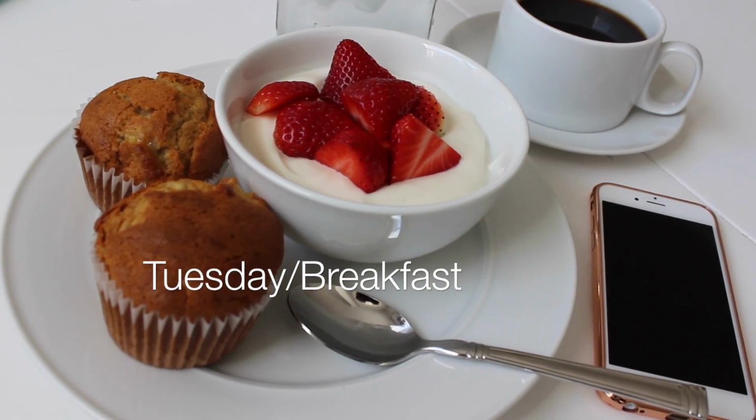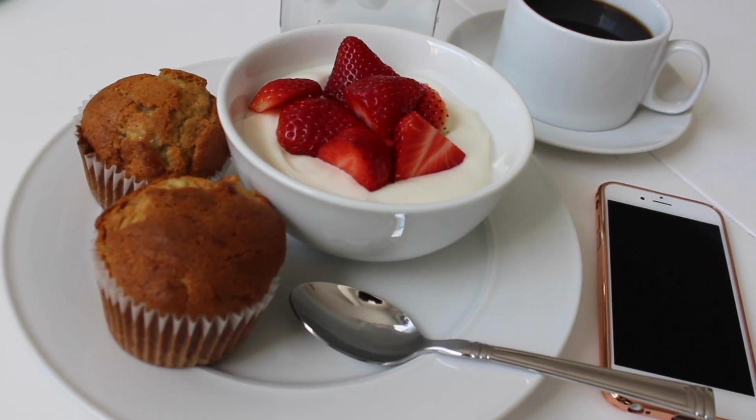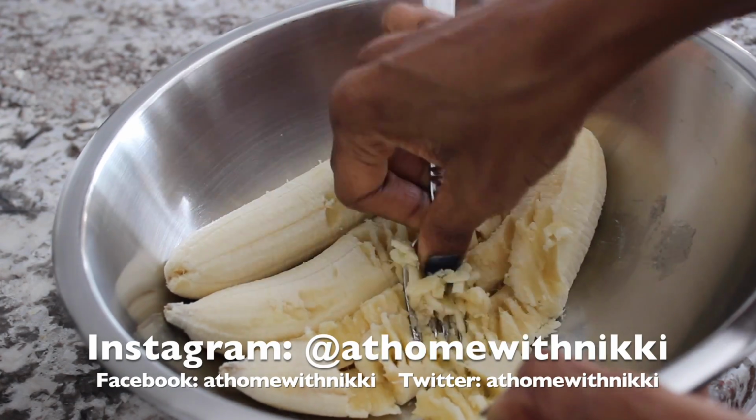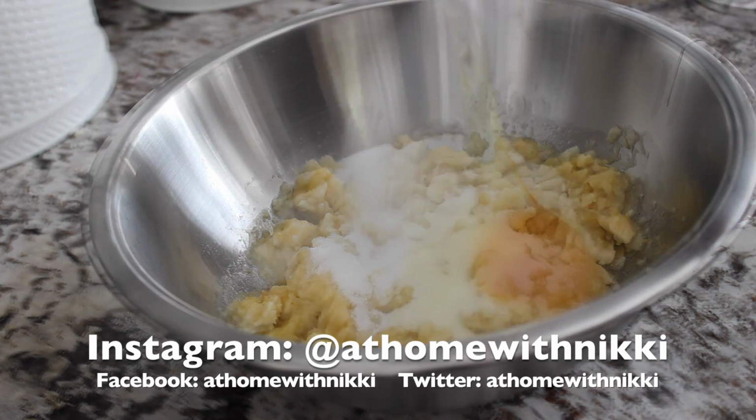Tuesday for breakfast, I made my banana muffins. I had some Greek yogurt with strawberries, some decaf coffee, and my mason jar of ice water. And if you're on my Instagram, I shared with you, I was going to show you how to make these muffins. They're so easy. You take 3 bananas, you smash them in your bowl, you add 1 cup of sugar,